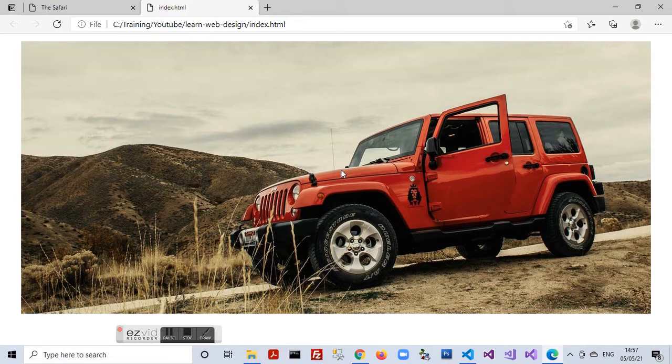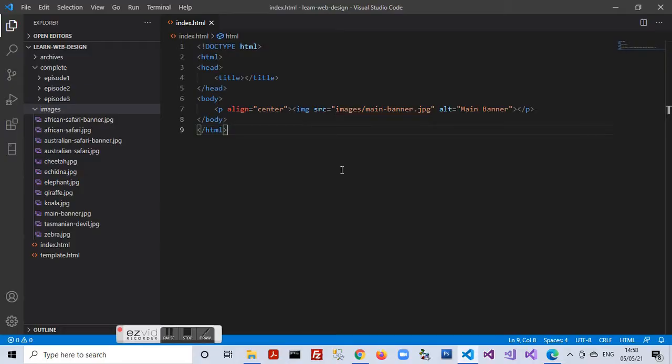So this align attribute is deprecated in HTML5. In HTML5, we'll be using styles and style sheets to provide alignment and other styling to the page, but currently I'll be using this attribute till we move on to CSS for centering in a page.